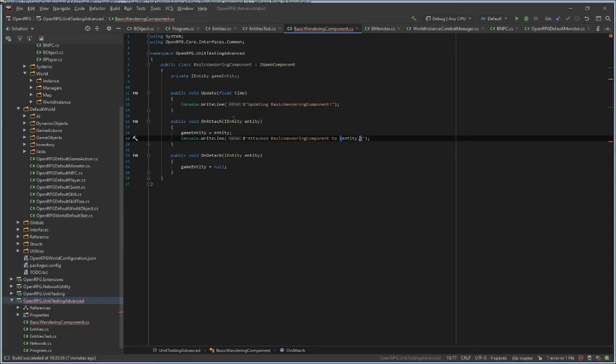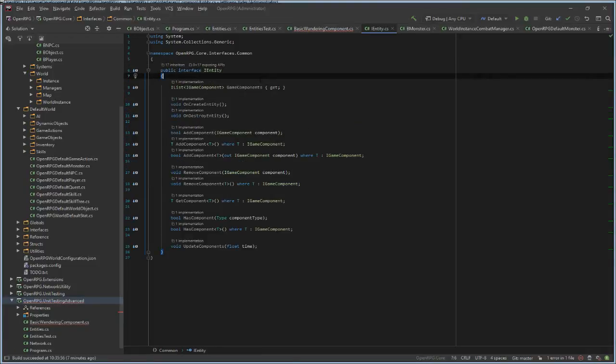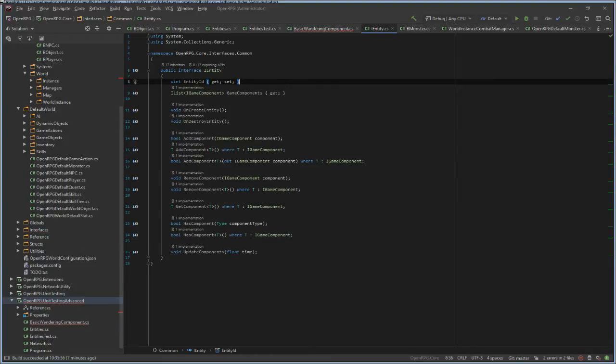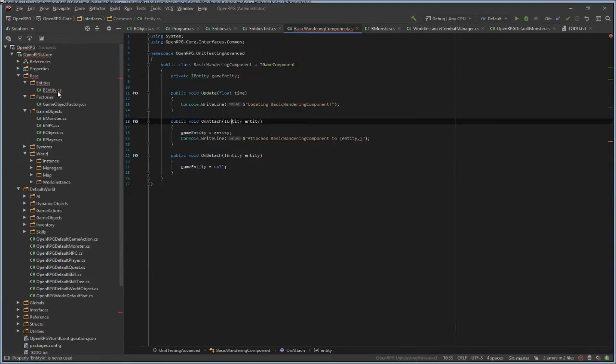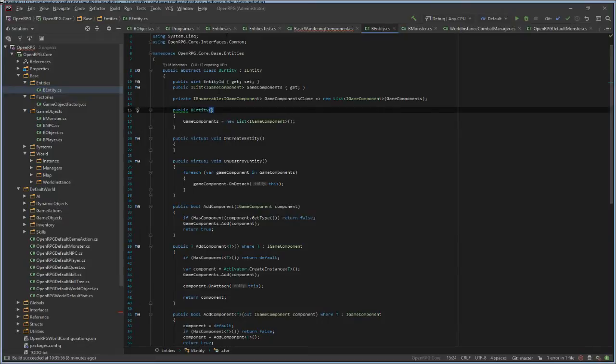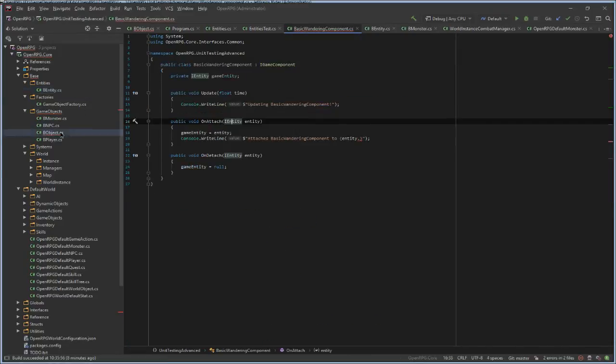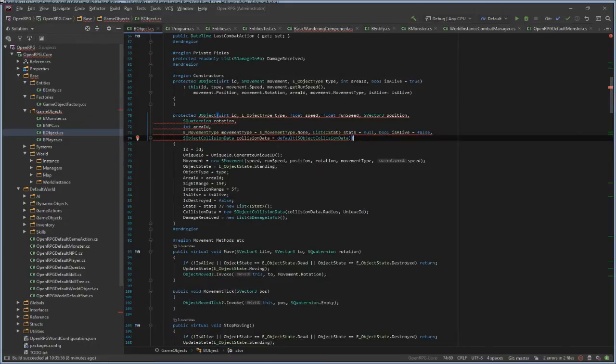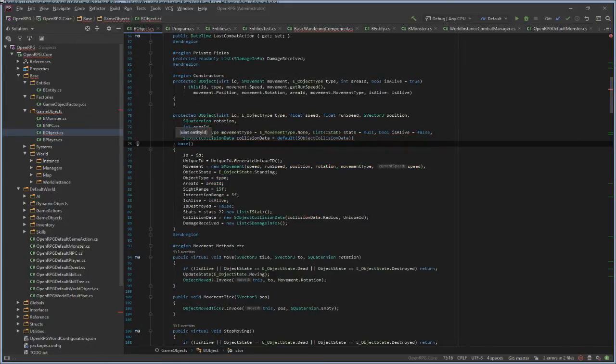We don't have an entity ID. What? Entity ID will have to be the unique ID for the thing. Then we'll do this. Pretty basic. How do I do this?